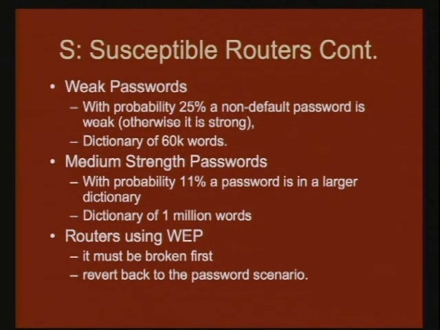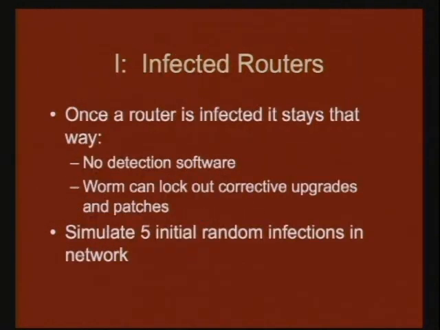So the only other thing we have is if the router is using WEP, so this is the other cryptographic protocol that's broken, we have to spend time to attack it. In other words, to break the cryptographic protocol. So any router that uses WEP is going to conceivably be susceptible, and if it doesn't use WEP, if it's got a weak password or a medium strength password, it's going to be susceptible. Okay, so previously I said that routers with strong passwords are not susceptible. Okay. And then we have to say something about infected routers. So we're going to infect some routers at the beginning just to start the